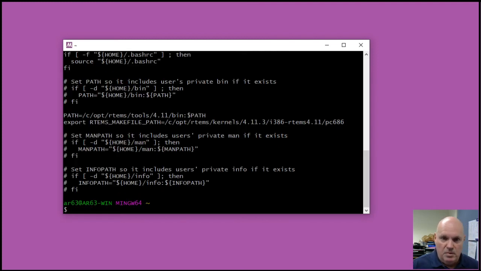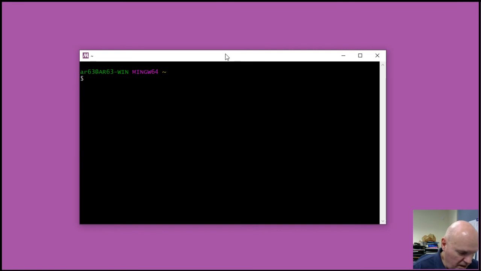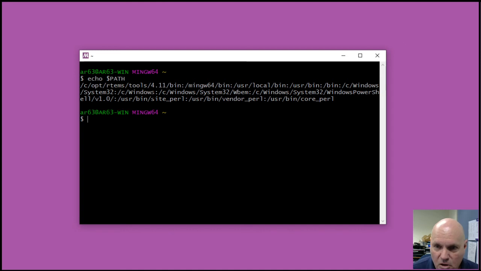Now, these environment variables won't be set or modified until we open up a new MinGW64 window. So what you'll need to do is actually close this window, open up another one, and then if you do echo $PATH, you should see a colon separated list of directories. And now first in that list is the directory that we just added in our .bash_profile, the /c/opt/rtems/tools/4.11/bin. And then also if you echo